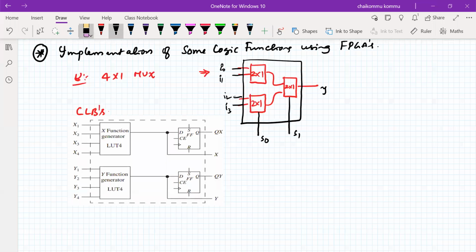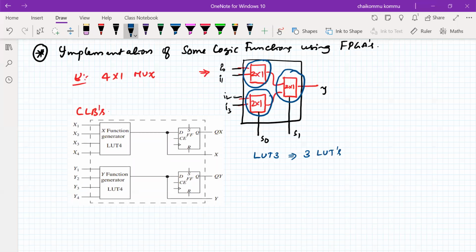One lookup table is meant for a 2x1 multiplexer. Another lookup table is meant for another 2x1 mux. Therefore, I need to consider that 3 lookup tables of size 3 are required. If 3 input LUTs are available, then I can use three lookup tables, LUTs.